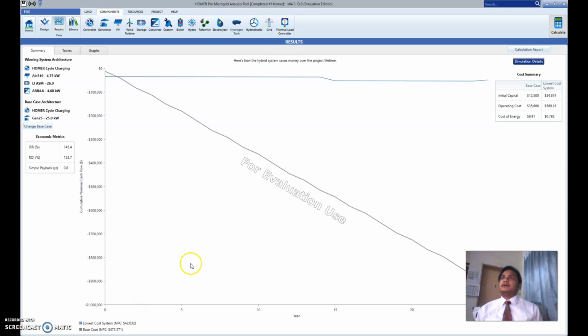This is the result that we obtain after we select calculate, which shows the graph of cumulative nominal cash flow over the years. The blue line is the lowest cost system and the gray line is the base case. In the lowest cost system, our initial capital is